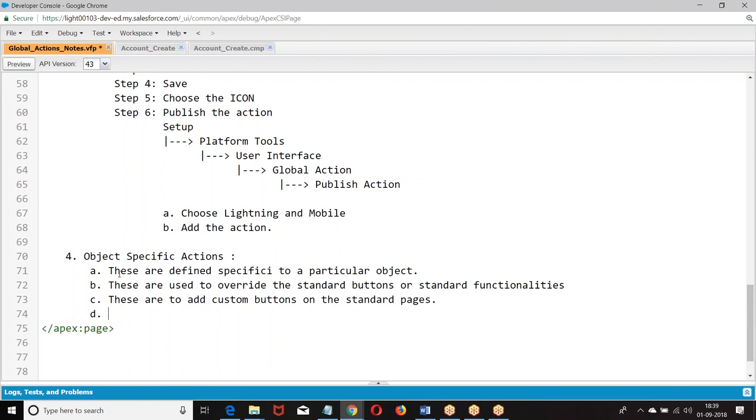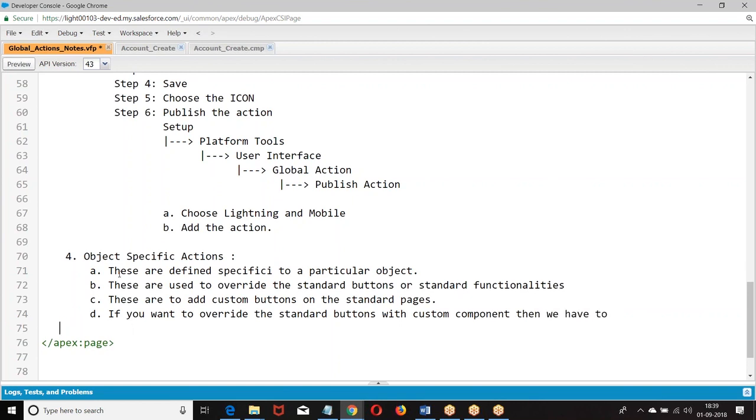Next, if you want to override standard buttons with a custom component, then the component has to implement an interface, like we have just seen the template structure.